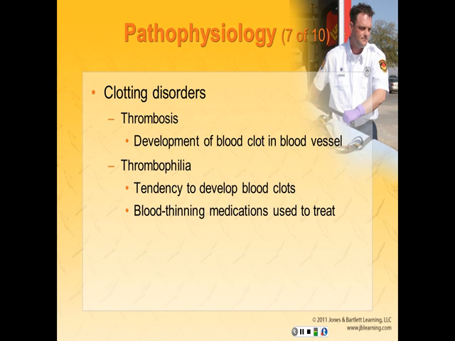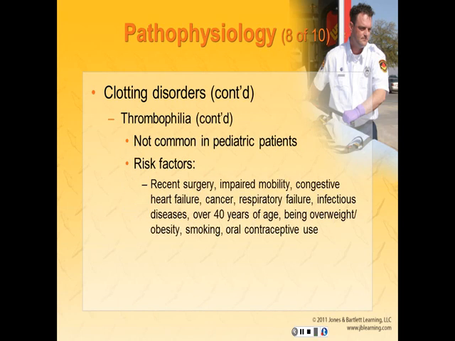It affects 5 to 7% of Caucasians of European descent in the United States. Thrombosis may manifest as a clot in the blood vessel or in one of the chambers of the heart. Nearly 2 million people per year experience the formation of a clot in a deep vein thrombosis in the United States. Nearly 50% of those experience long-term adverse health effects, and the leading cause of death in hospitalized patients is due to a lack of mobility. Nearly 40% experience pulmonary embolism, a complication involving a clot that travels through and obstructs blood flow to the lung. Blood-thinning medications decrease the frequency of clotting, and some of these are aspirin, heparin, or warfarin, or Coumadin.